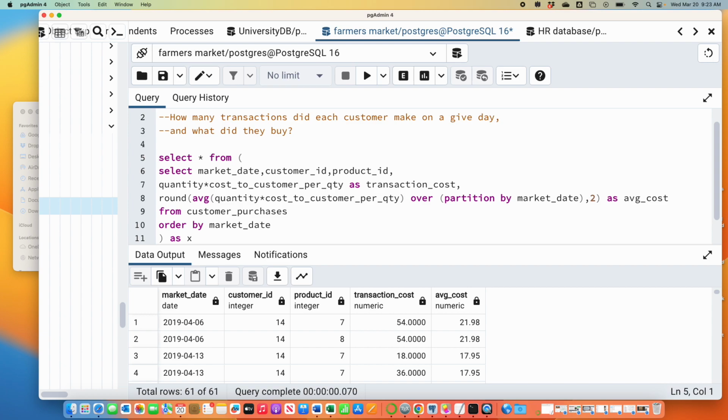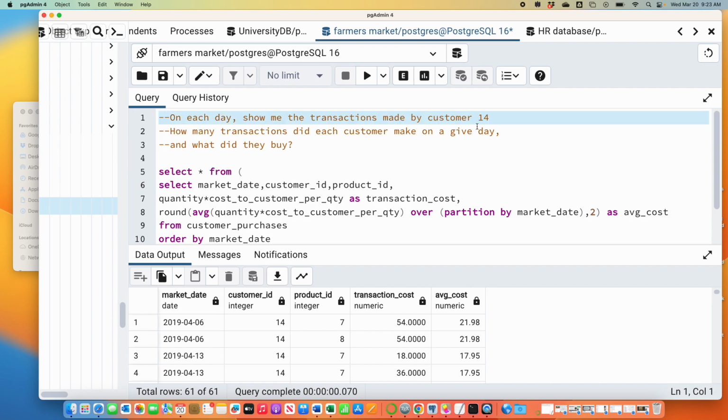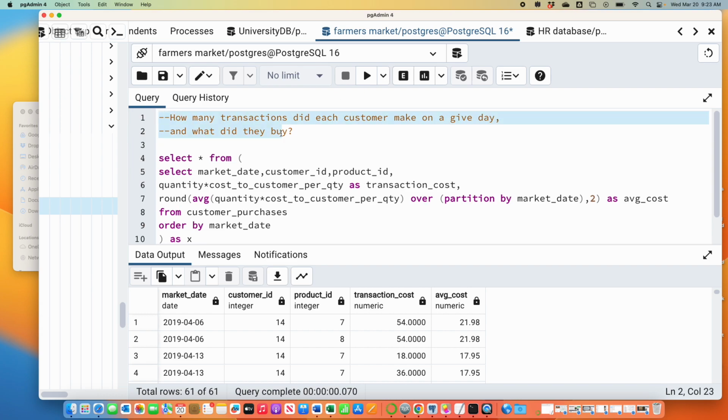So think about something like that. Customer 14 on April 6th, 2019: how much stuff did customer 14 buy? And then what did they actually purchase? What was the product? I want to point out that this top question we could already answer with a group by. I think this was a homework question, I can't remember. But keeping track of what they bought at each stage is new. We couldn't do that in chapter 6. So chapter 7 exists to keep track of more granular information like this.